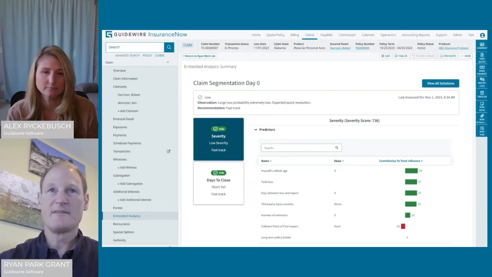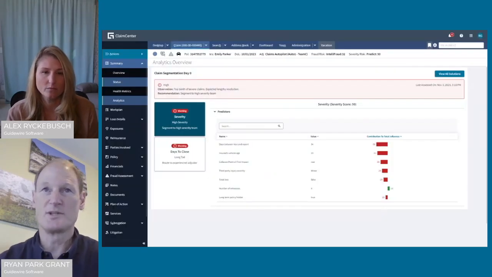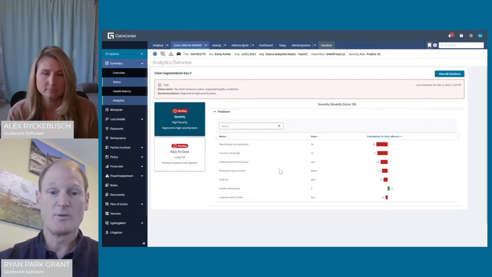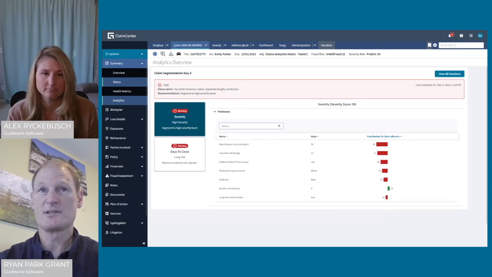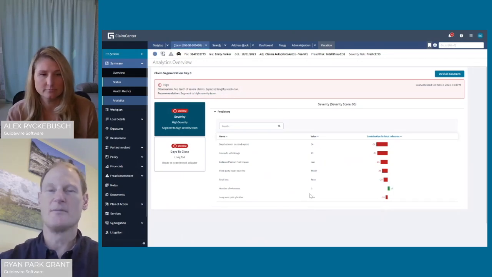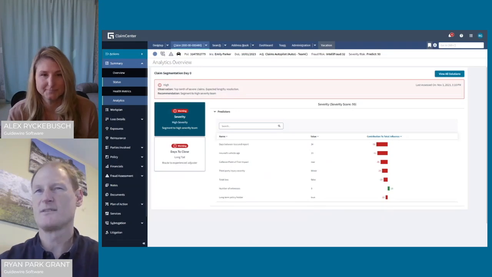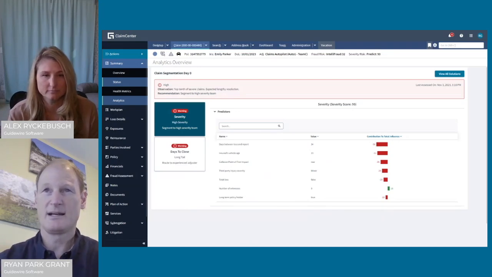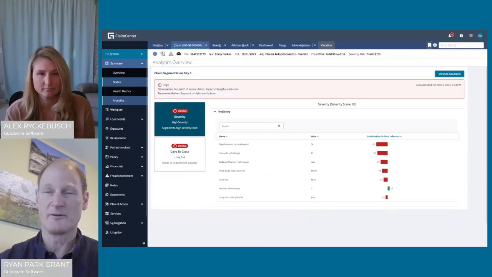But the point is that that's different from the counter example, which is top 10th of severe claims, expected lengthy resolution. Maybe this one actually, where if you're sending to an experienced adjuster, maybe they're more interested in some of these factors like, 34 days between when this accident occurred and when we were told about it, in a 23-year-old vehicle, et cetera. Maybe that will help them put together some dots of like, okay, I kind of understand why this one was sent to me and how I need to go about investigating and intervening here.